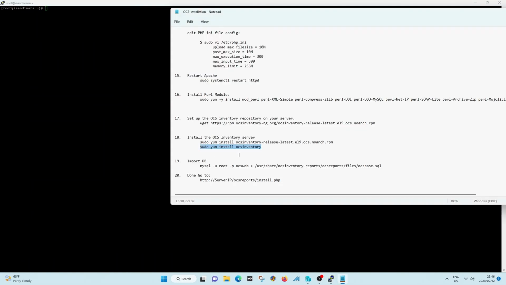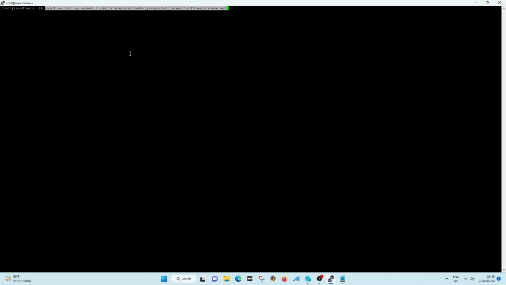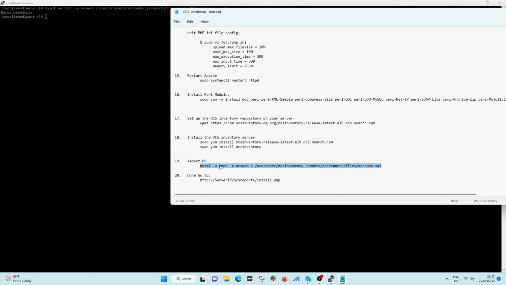Step number 19, we are going to import the database that was installed by OCS into MariaDB. Okay, so as OCS installs, it comes with its own database, and what we are going to do now is basically import that database into MariaDB. Okay, all we have to do now